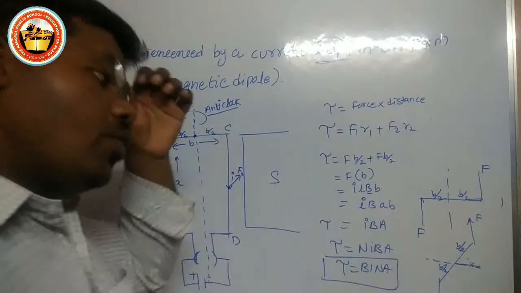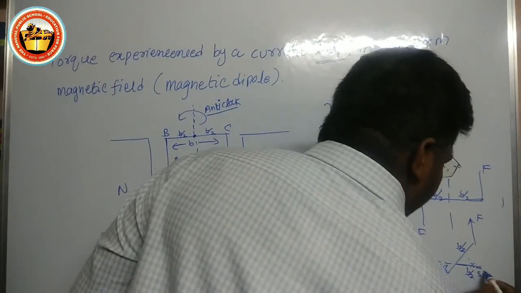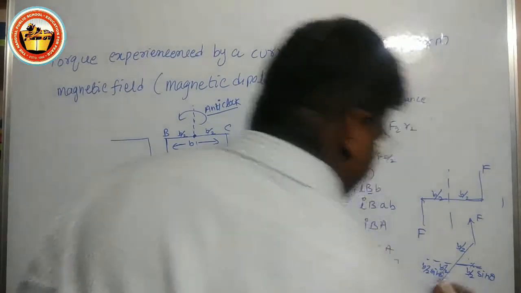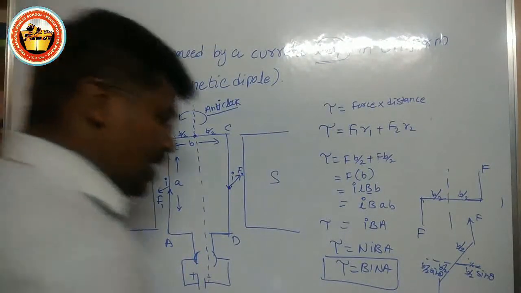Okay, understand how we can find it? Here we can take B by 2 sin theta, here B by 2 sin theta. Understand? It makes some angle,